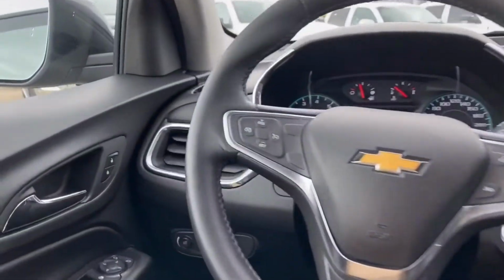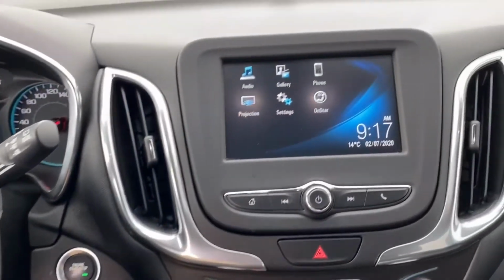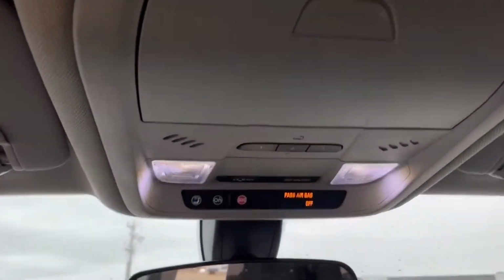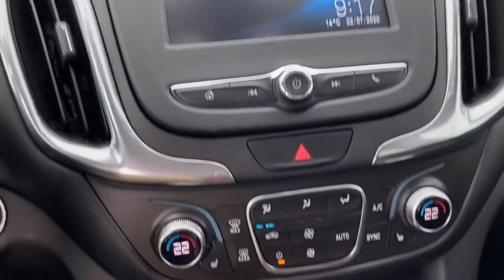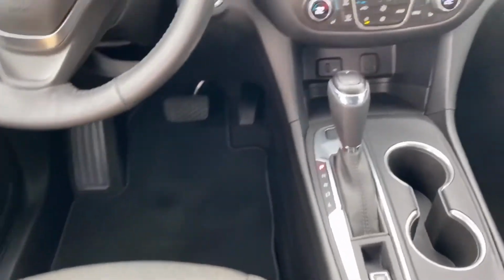On the steering wheel, you have your cruise control settings as well as voice activation and hands-free. Your infotainment has Apple CarPlay and Android Auto. You've got your OnStar on the roof, dual zone climate, heated seats, shifter, parking brake, USB controls, and all-wheel drive